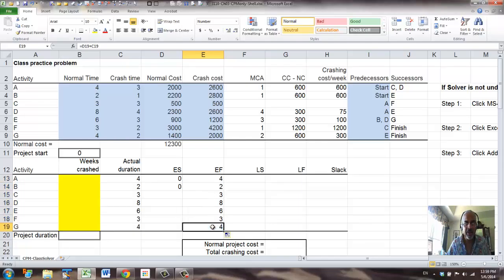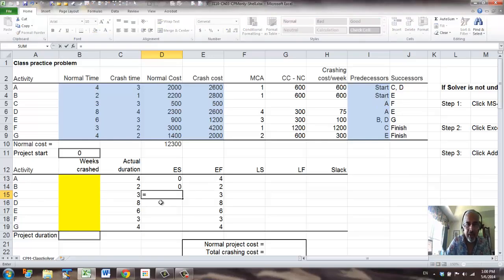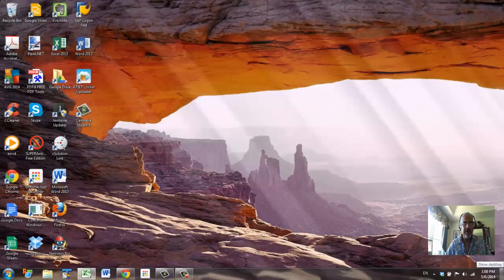So we can copy that formula right now and put the border back, but the earliest start time is going to depend upon the predecessors. So for C, the predecessor is A, so only after A is done can C begin, so the finish time of A is the start time for C. And the next activity is D, and D also has A as the predecessor.